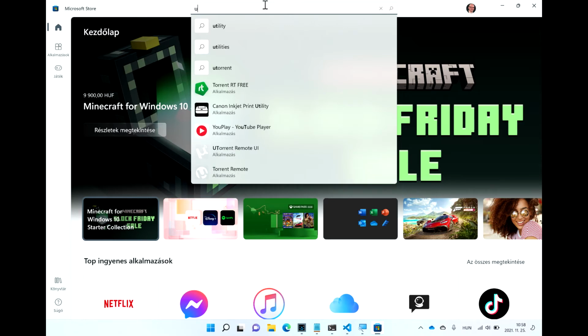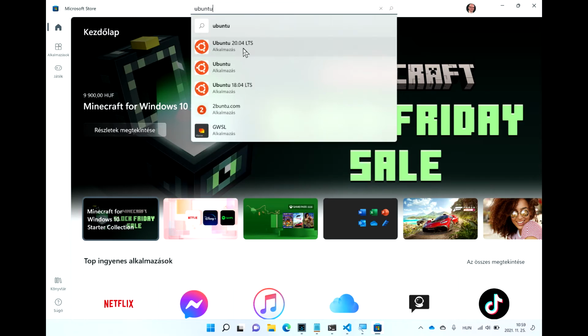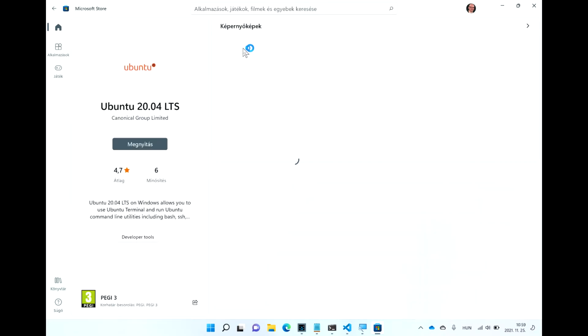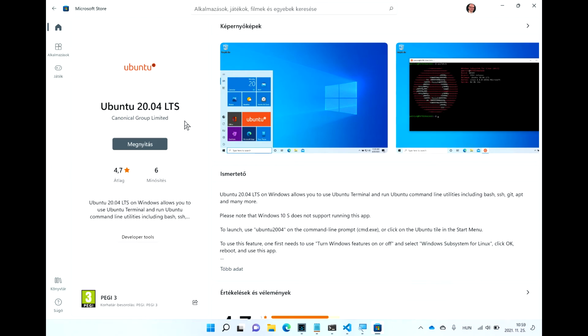So Ubuntu, and you can find Ubuntu 20.04, which is the long time support version. So make sure you install this, and when you launch it the first time,